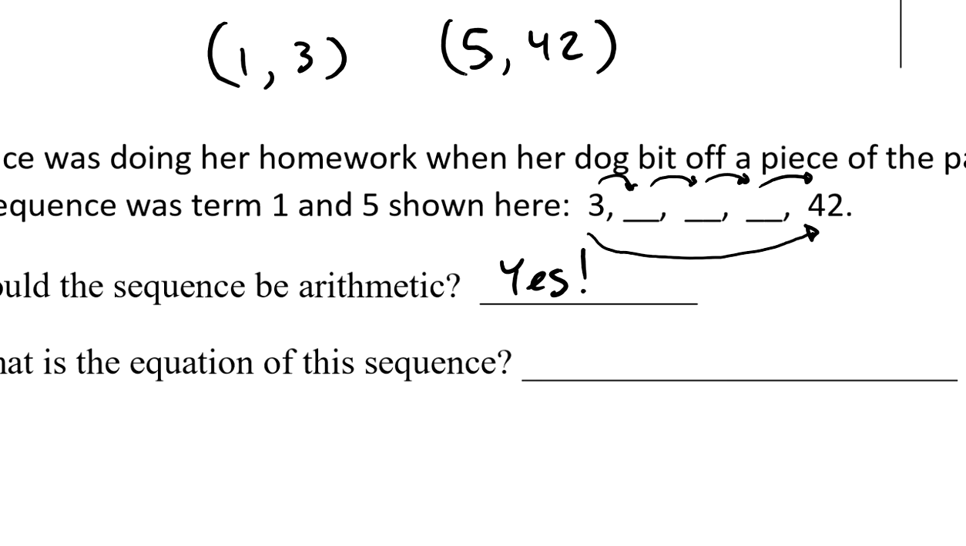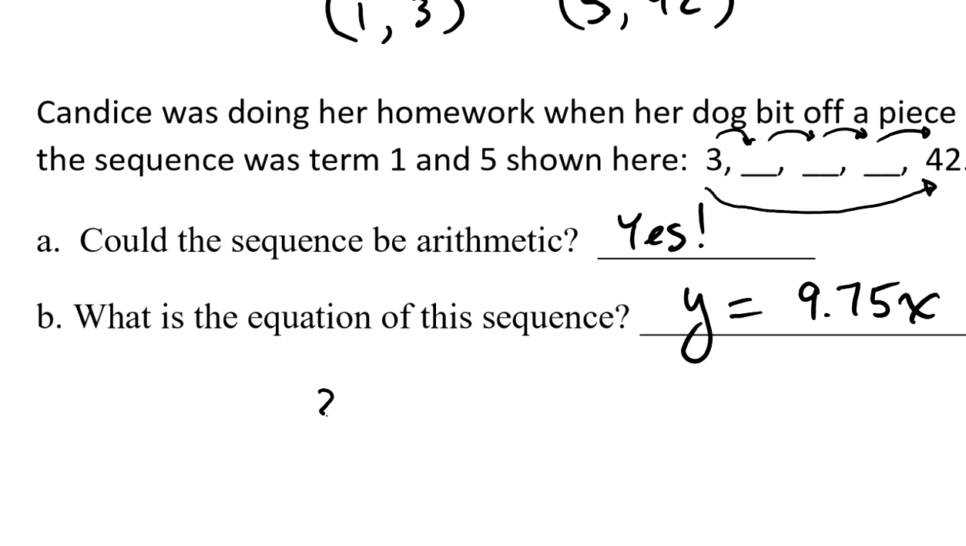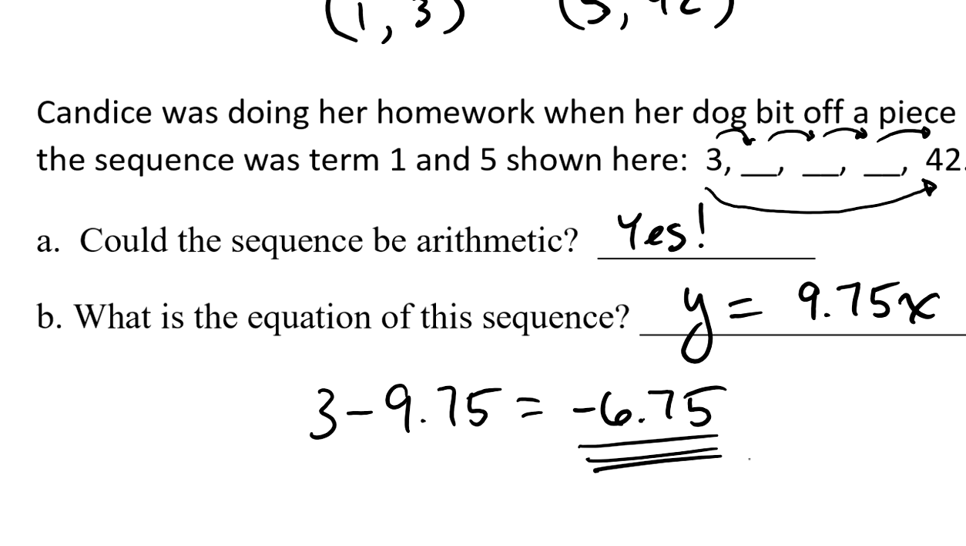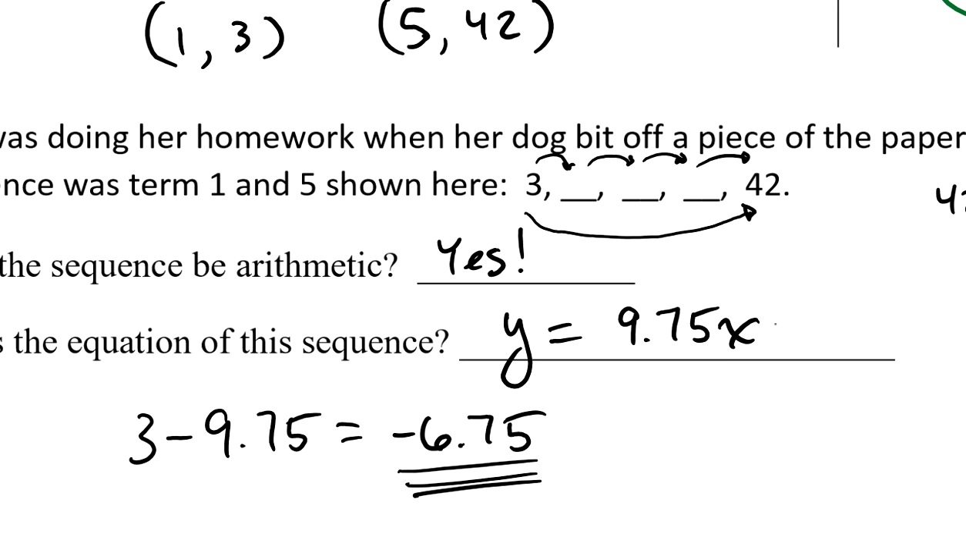And then finally it says, what's the equation of this sequence? Well, we know that we've got repeated addition. We keep adding 9.75. So part of it is going to be y equals 9.75 times x. But we also need our 0th term, right, to adjust for the fact that the first term is not the 0th term. So what I would do is I would take the first term, 3, and I would subtract 9.75. And when I do that, I get negative 6.75. So this is my 0 term. So I would just say, minus